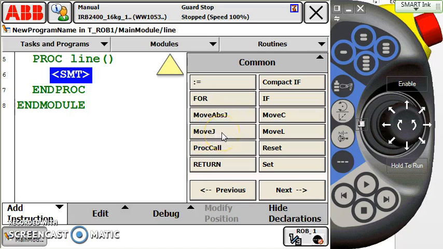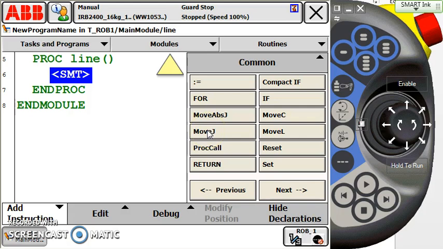And what the move J does, the way that it stores its point data, is it stores the location of the TCP, the tool center point, of the currently selected tool you have in your line of code relative from the work object that you have selected in your line of code. And this is going to be accurate for the model of robot I'm working with here, which is a 2400 series. This is going to be accurate within 0.1 millimeters of each position,